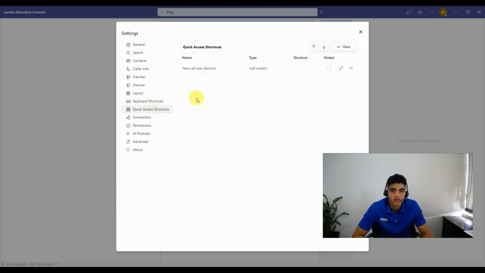Quick access shortcuts are just if the user wants to have a shortcut to do a certain thing, if you want to call a certain user from a shortcut, if you want to set your audio devices through a shortcut, set presence, open a web page, execute an HTTP request, you can have a shortcuts panel that's open here, and